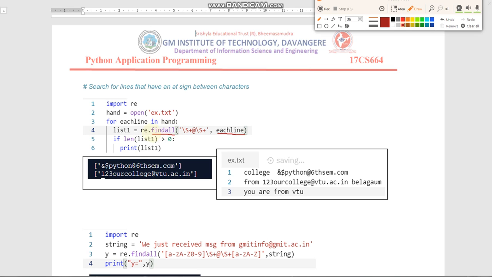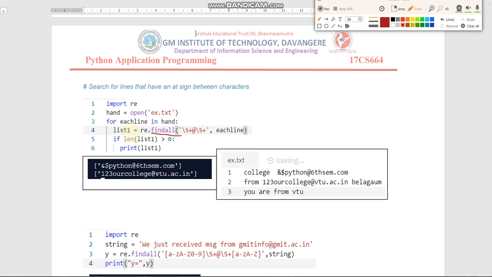Now this findall function we have to call on the regular expression module. That is why we have written re.findall. The first argument is the interested pattern, the second is the line, and the findall function returns a list. It will return the interested pattern as list elements.